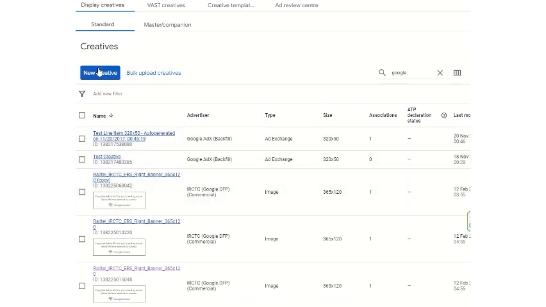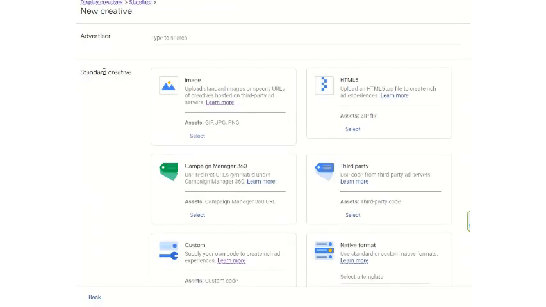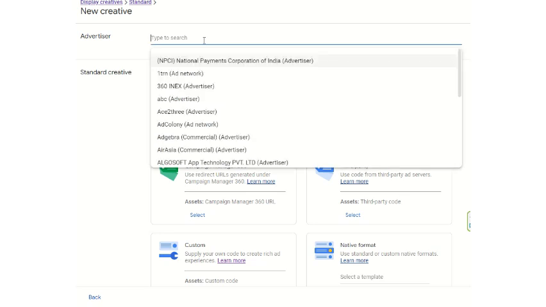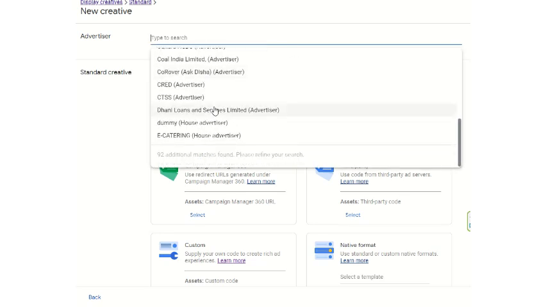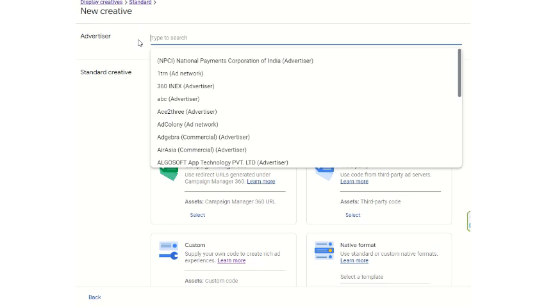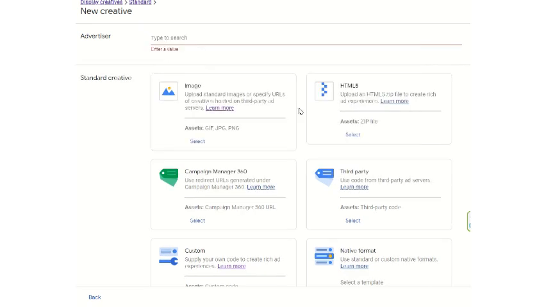Then, if you want to add any new creative type, you have to add a new creative from here. If you want to search creatives through advertisers, you can search through the various advertisers available in your Google Ad Manager repository. Then, if you want to add a basic creative of GIF, JPG, PNG, you can add a creative by